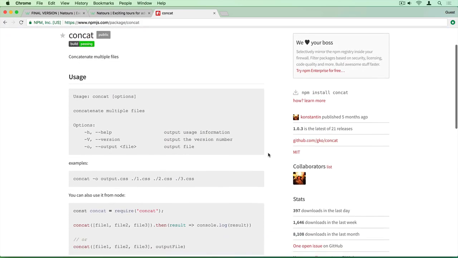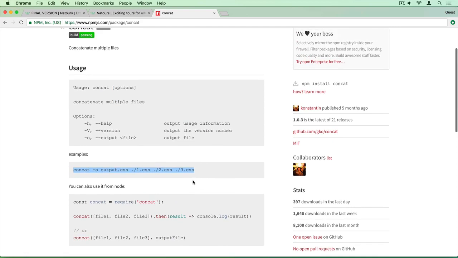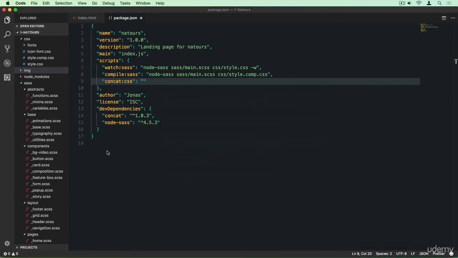So down here you have an example. And so this here is how you use the concat package in the terminal. Okay, you could also use it from Node.js directly like this, but we're interested in the command line basically. So let's just copy this in order to make it easier for us. And then we can paste it here. So O here stands for output. And so here we can put the name of the output file that we want. And we want it to be in the CSS folder and called